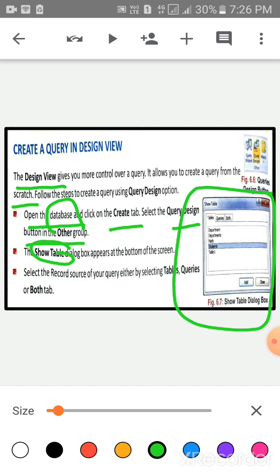Here, children, three options are there: tables, queries, or both. You have to select the record source of your query, either by selecting table, query, or both. First of all, select the table which you have already made.